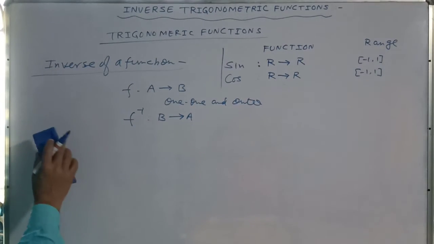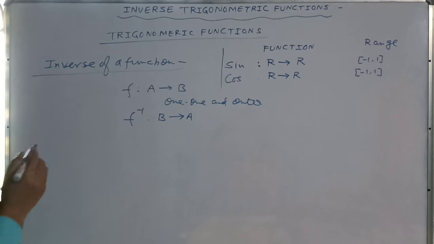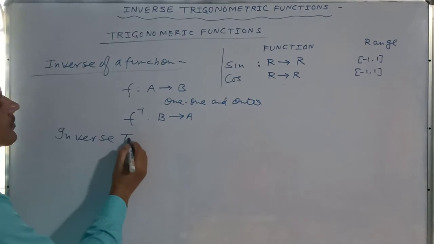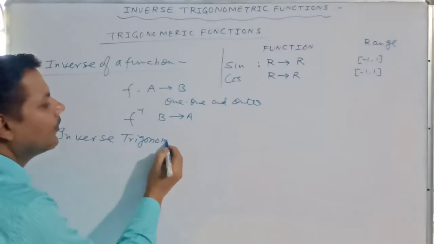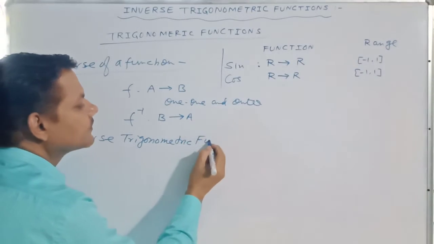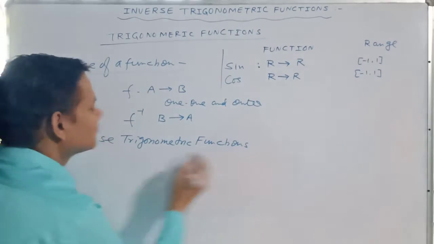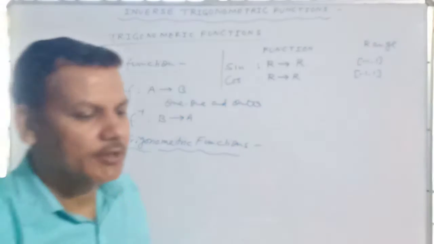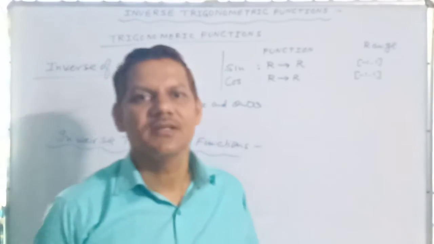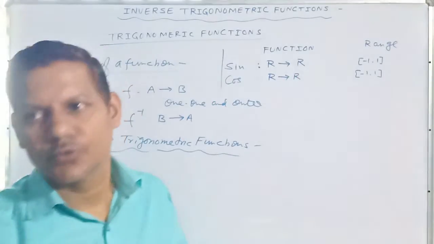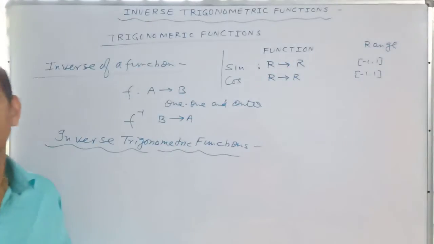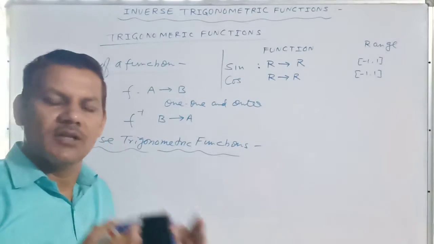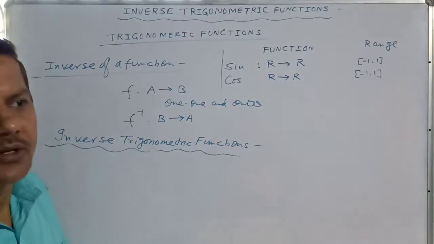So what happens in the case of inverse trigonometric functions? This is our point of discussion. As we all know, trigonometric functions are periodic functions. It means they repeat themselves. Two are with period pi, that is tan and cot, and the rest four have period 2 pi. But all 6 trigonometric functions are periodic functions.